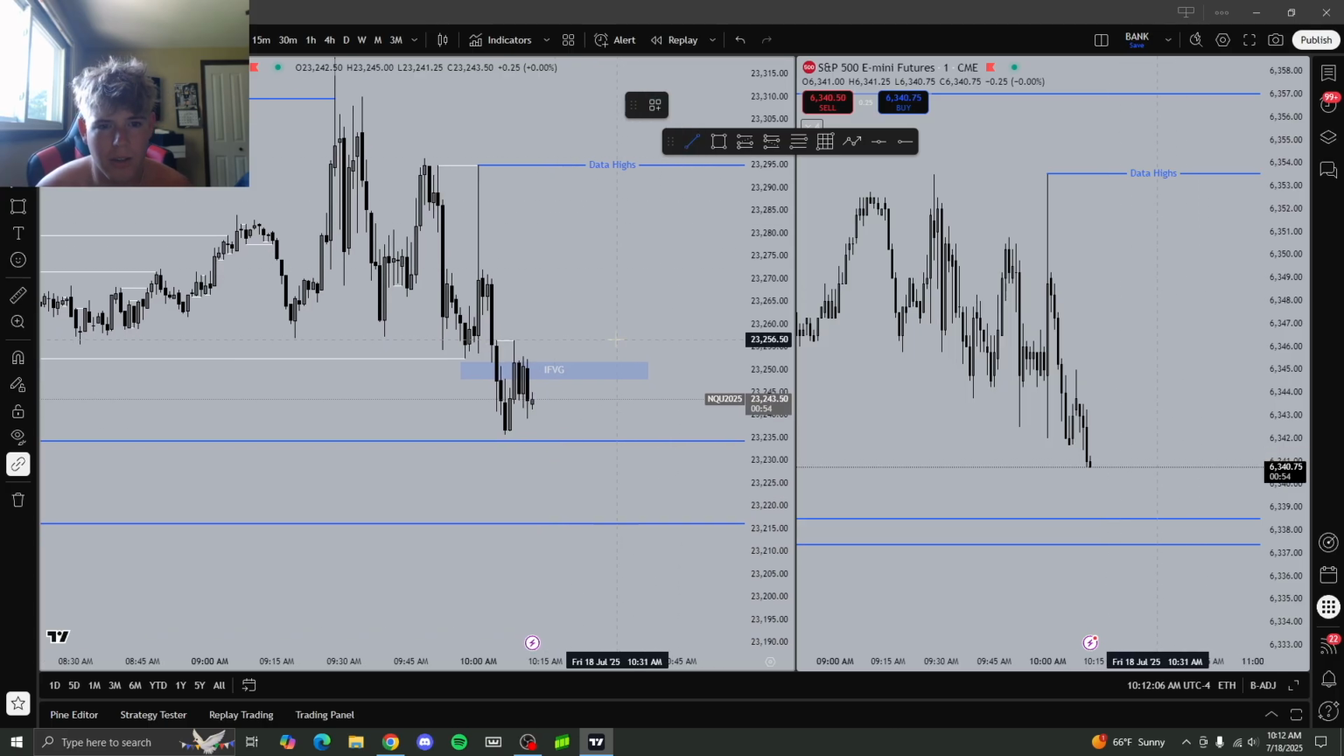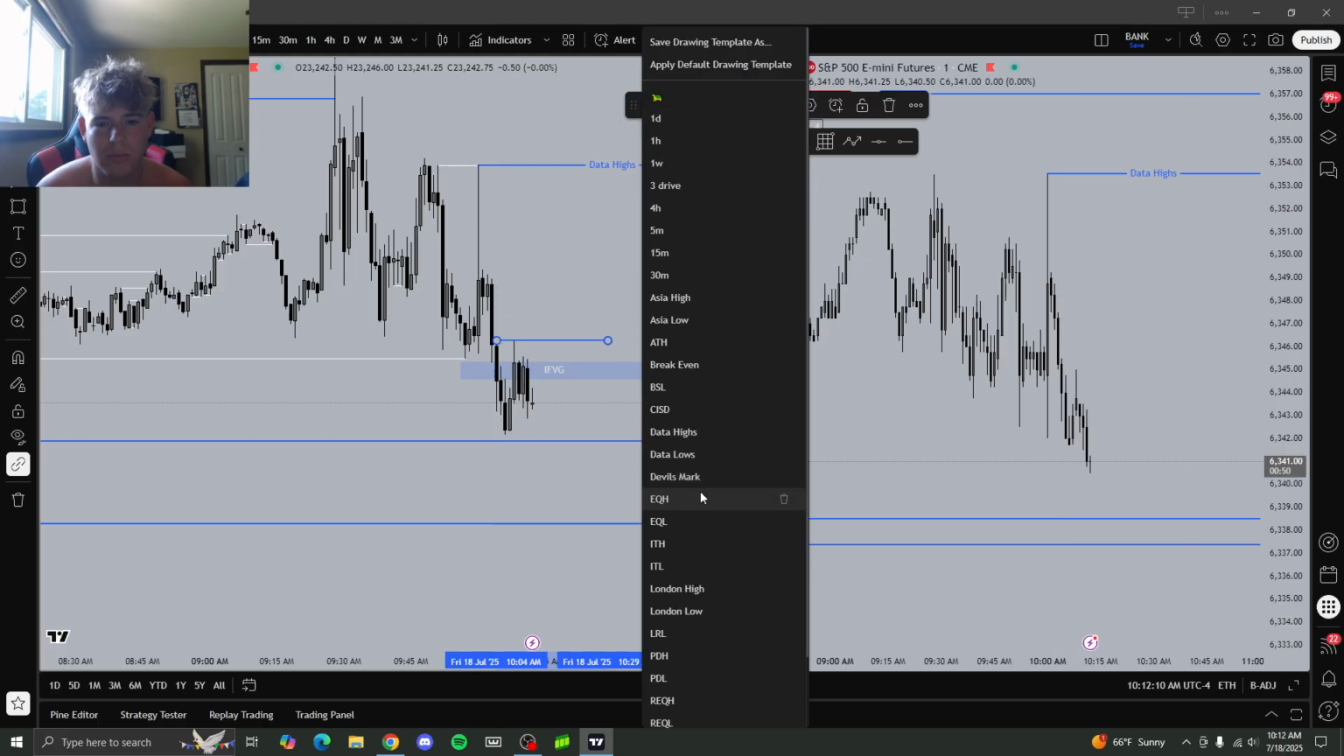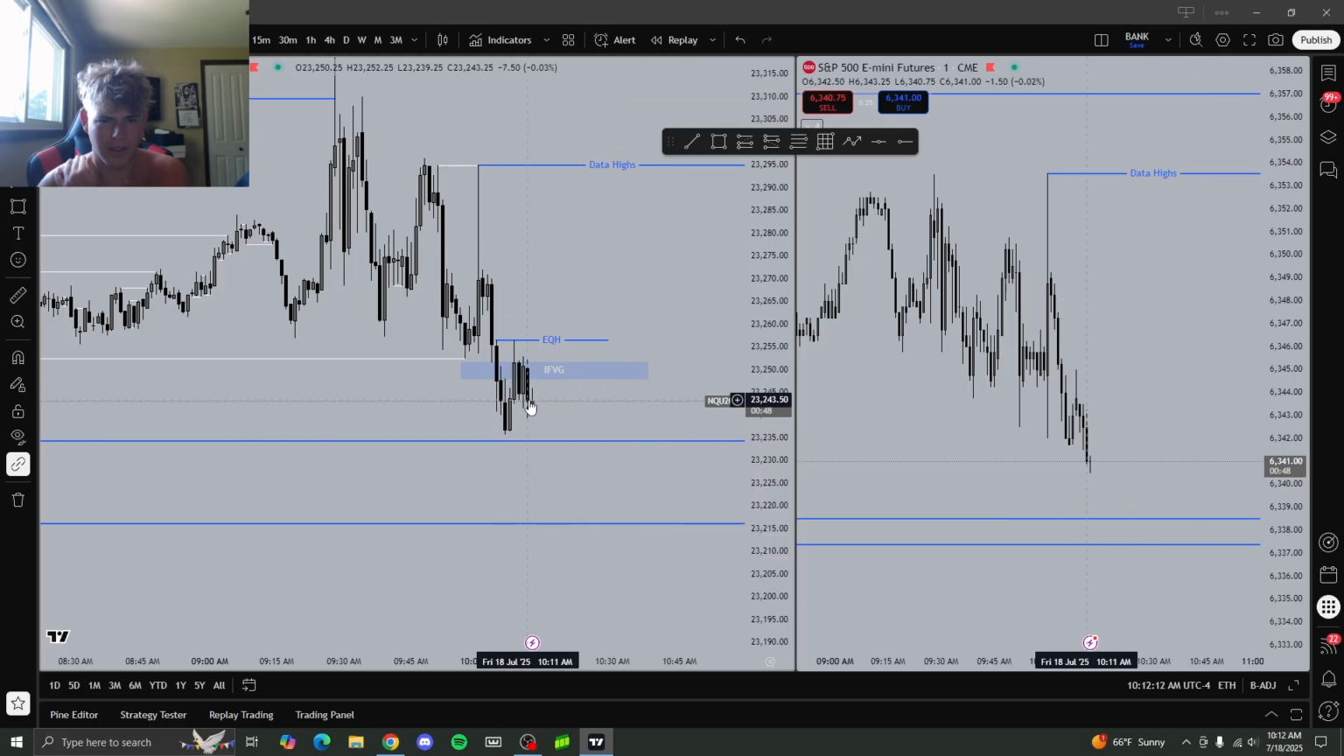We got these equal highs here as well. So hopefully we can get a little sweep here, inversion, and yeah, sweep. Honestly, just taking the whole thing out would be nice, but